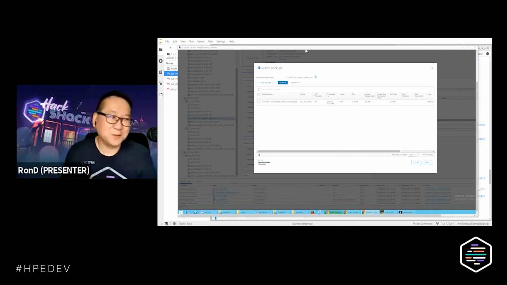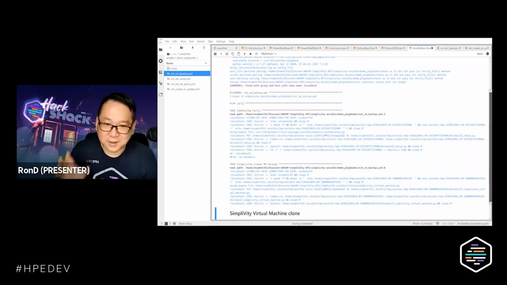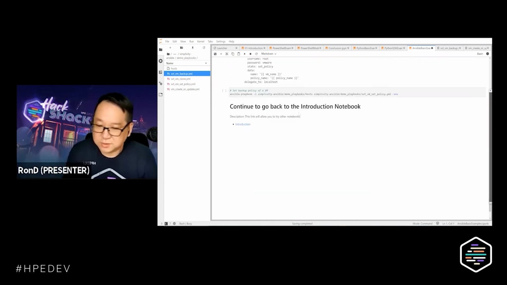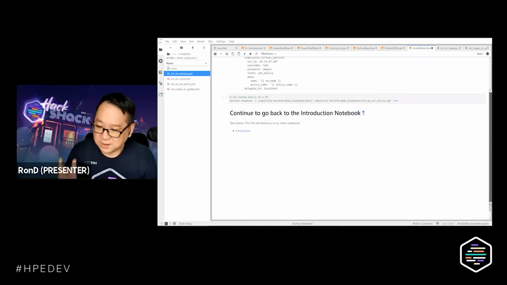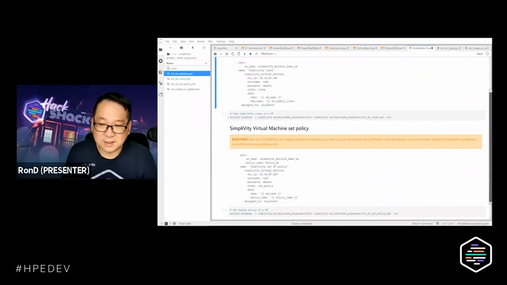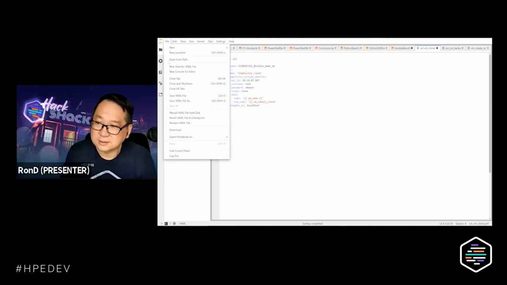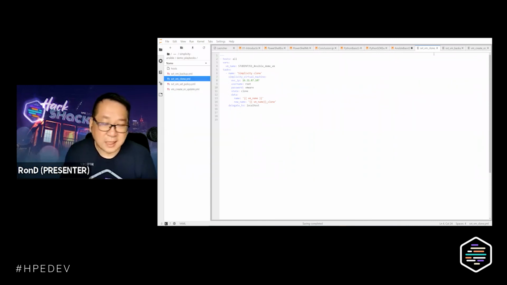So that is how you actually perform the automation using the Ansible. And these are the types of desired state, which is very, very powerful. With that, I just want to let you guys go through the other two exercises by yourself. It's all very simple. The other one is cloning here. And I'm just changing the name. Because I'm running out of time, I only have about 2 minutes.